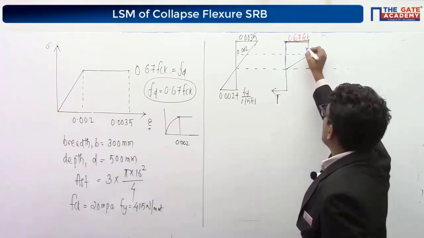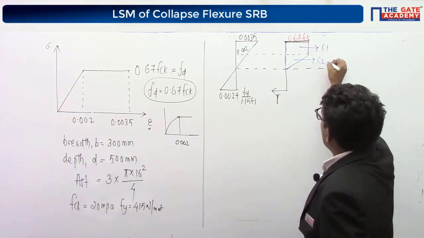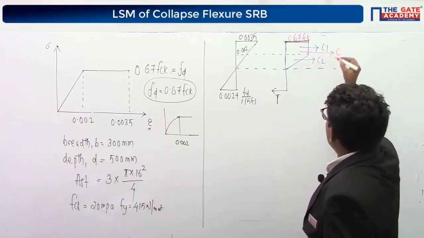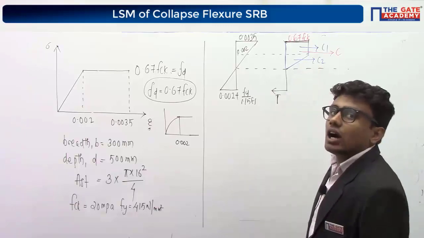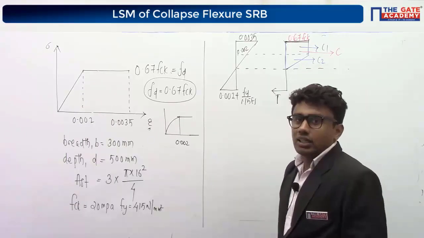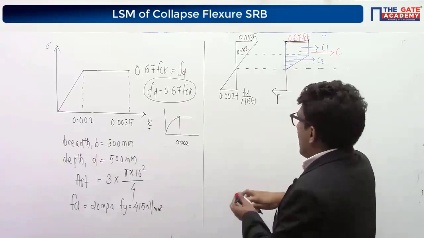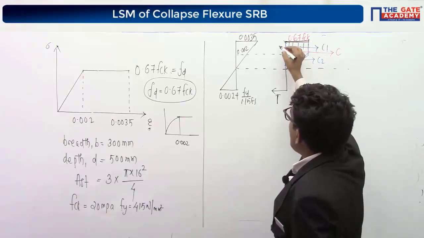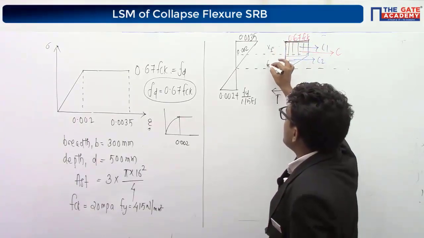As I told you, there will be compressive force C1 here and compressive force C2 here. The combination of these two will be our total compressive force, that is C. In order to find the compressive force, it will be equal to the area of the stress block into breadth: the area of this triangular portion and the area of this rectangular portion. In order to find the area, I need this distance. What is this distance, if it is x2?